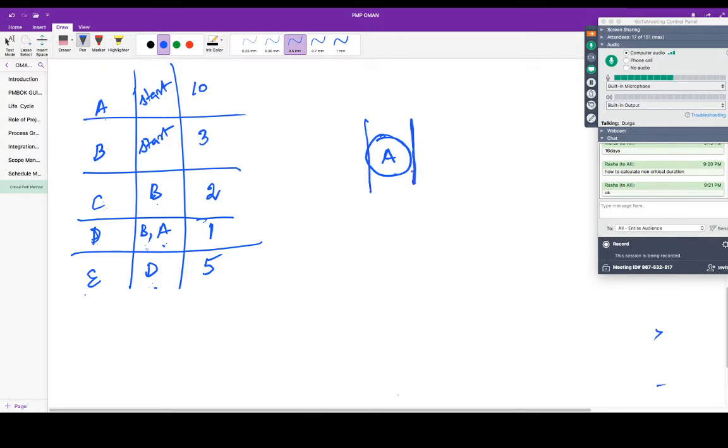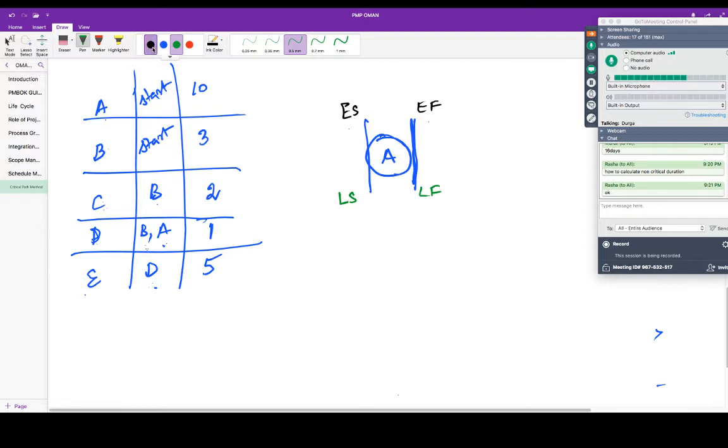Draw like this. Have the practice of drawing two parallel lines. Here, ES, early start, early finish. Place early start here, early finish here. And down here you place the late start and late finish. Just follow whatever I'm talking. Finally you can ask your questions. Place early start and early finish here, and late start and late finish down here.